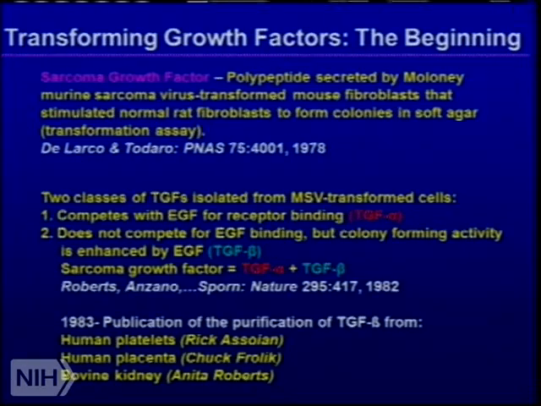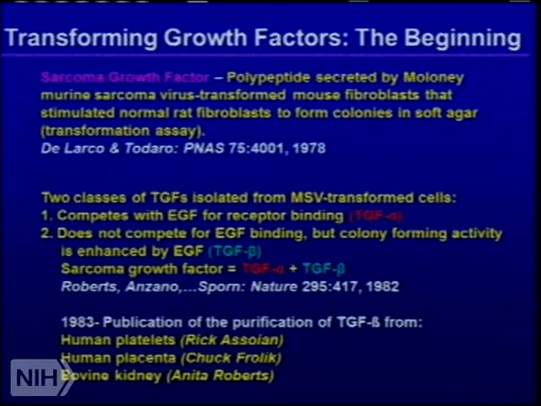So TGF-beta actually has its roots in another protein growth factor called sarcoma growth factor. Sarcoma growth factor is a polypeptide that was found to be secreted by murine sarcoma virus transformed mouse fibroblasts that could stimulate normal rat fibroblasts to form colonies in soft agar. And this was called a transformation assay that DeLarco and Todaro devised in the early 70s and used to discover